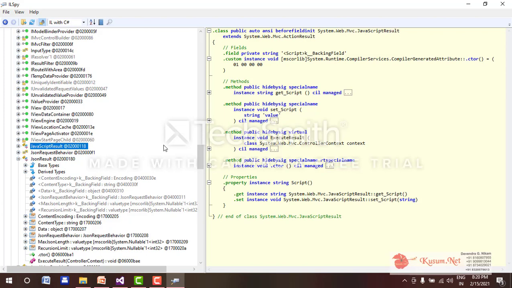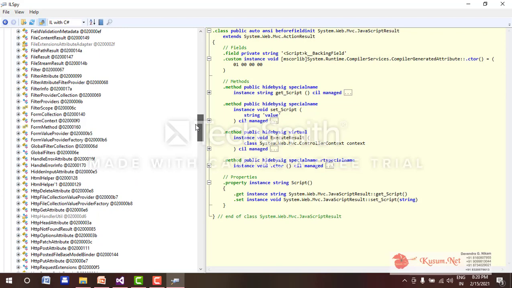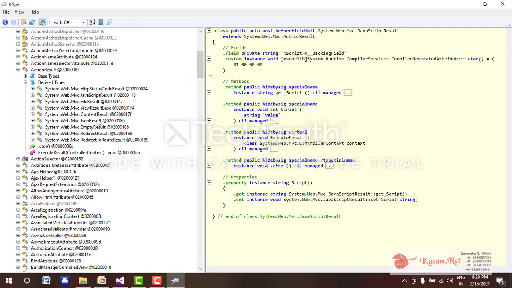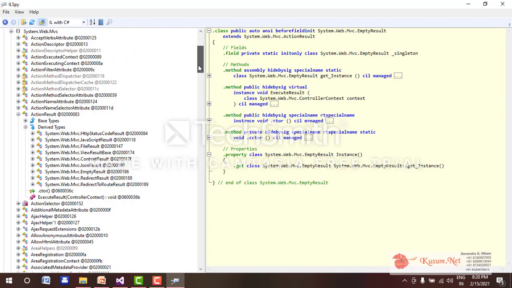It's the same with JSON result, and if I click on empty result, it will display all the code of that too. So all these types are derived from the action result abstract class, which is inside the System.Web.Mvc assembly.